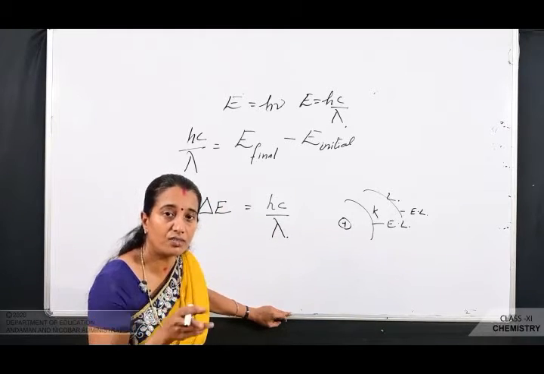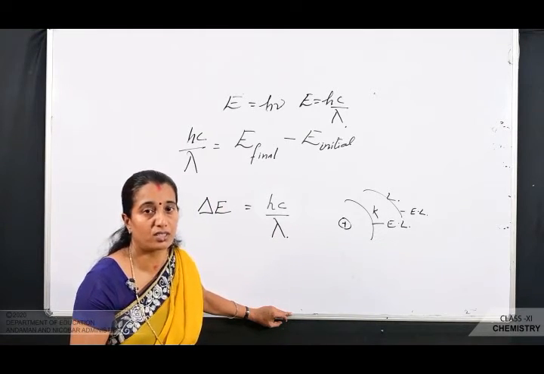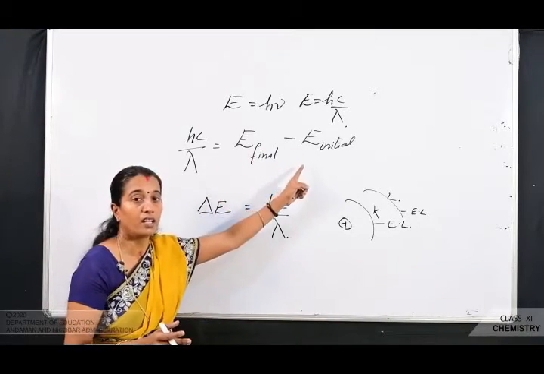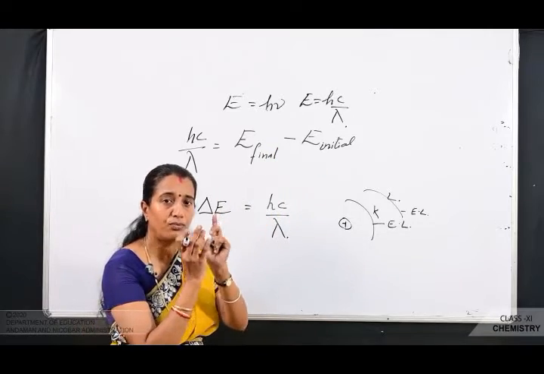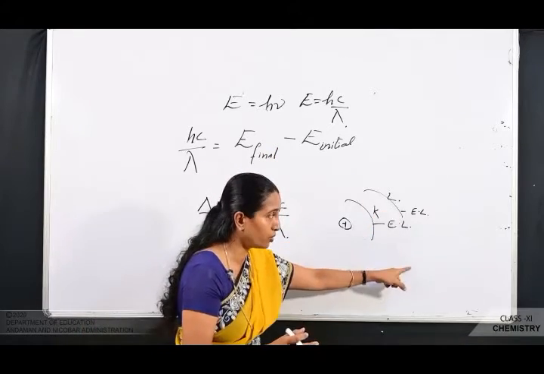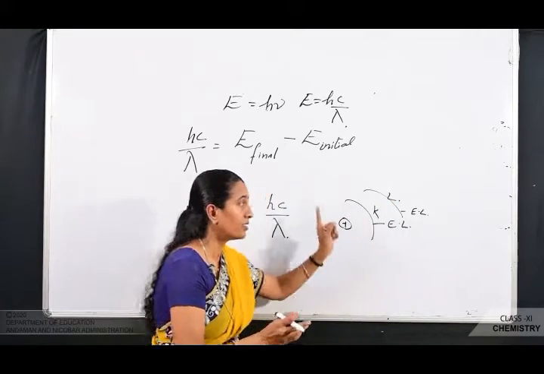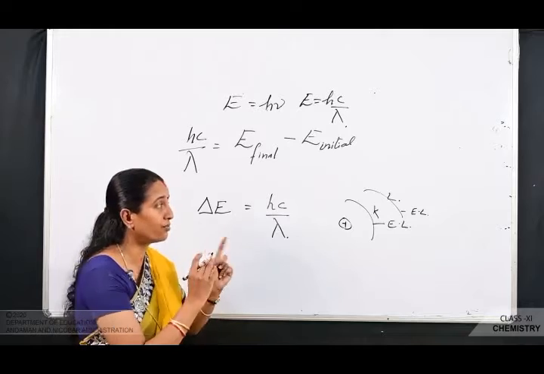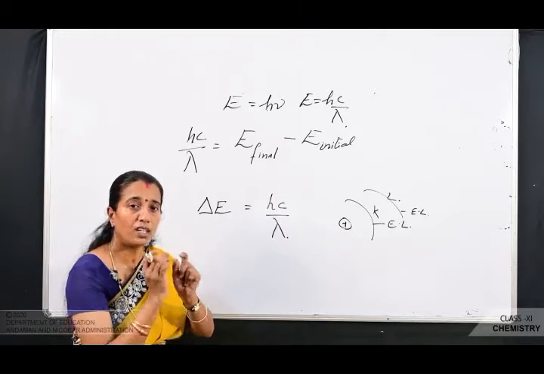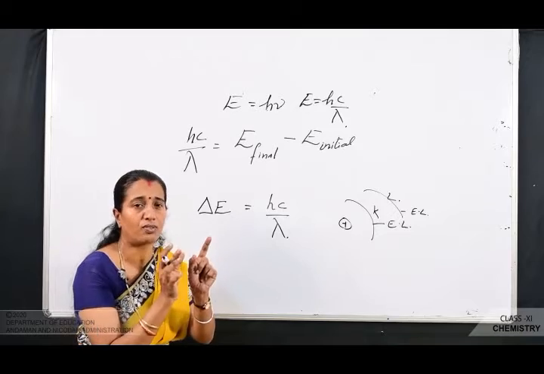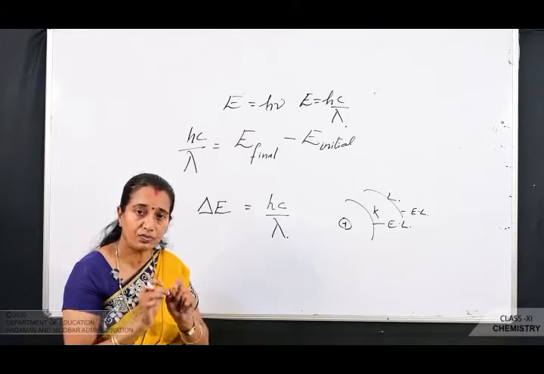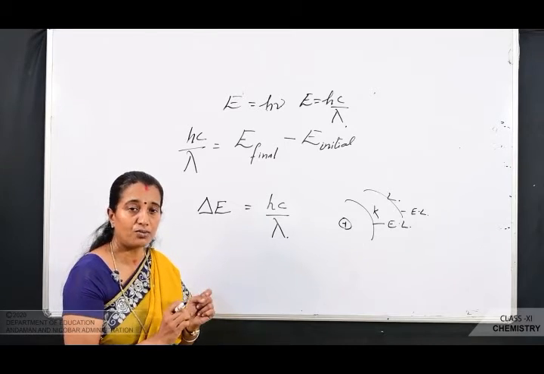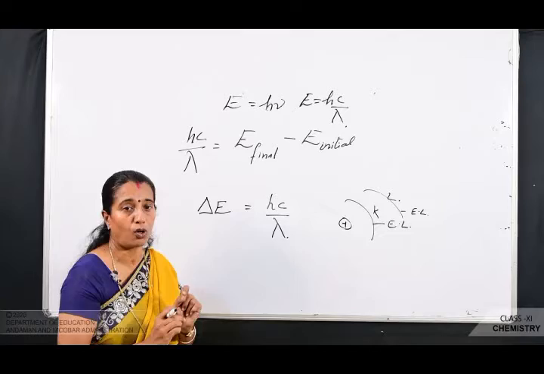So, if the energy is fixed, their values will also be fixed. Since the values are fixed, the energy difference will also take only a few values. There will be only a few energy differences, because the energy levels are few, their values are few, and their differences will also be few. So, here we get a few fixed values, and if any quantity has only a few fixed values, that quantity is called quantized. That is why we can say that the wavelength you obtain